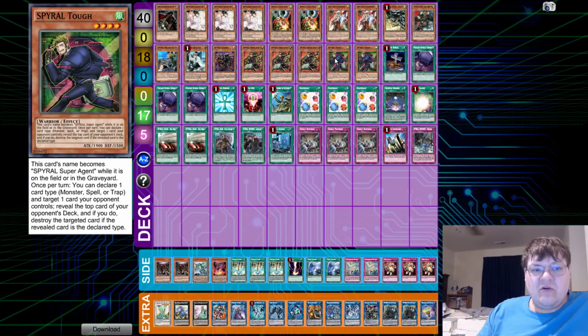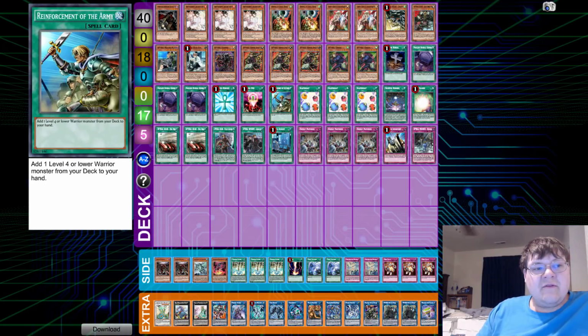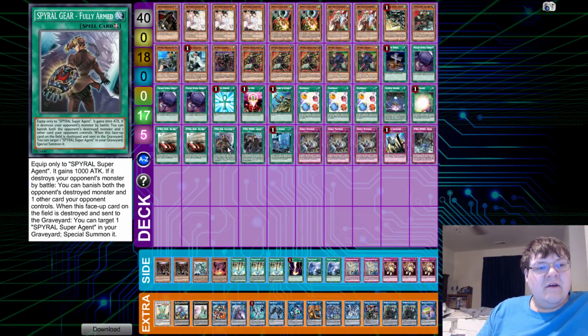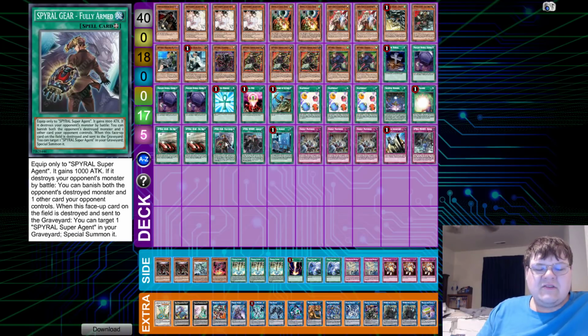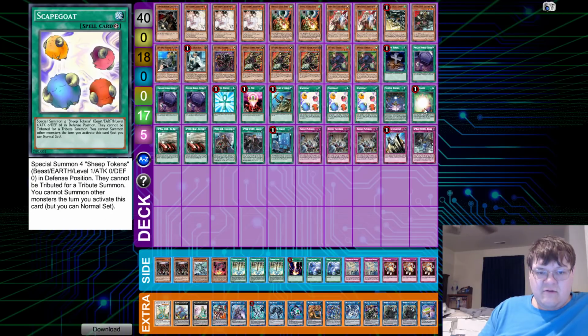It's not so good going second, but it's still fine. And then spells, 1 Foolish Burial, triple Foolish Burial Goods, 1 Monster Reborn, 1 1-for-1, 1 Rhoda, triple Scapegoat, 1 Shuffle Reborn, 1 Soul Charge, 2 Big Red, 1 Fully Armored, 1 Assault, and 1 Resort. Interesting to see the fully armed being main decked. I also definitely like the 1 extra Shuffle Reborn and Soul Charge, just for the kind of capitalization and overextension